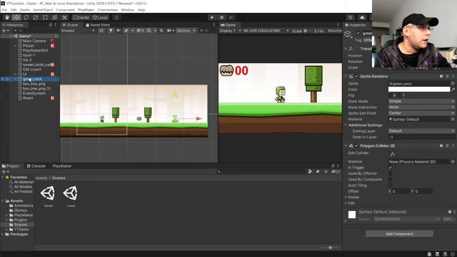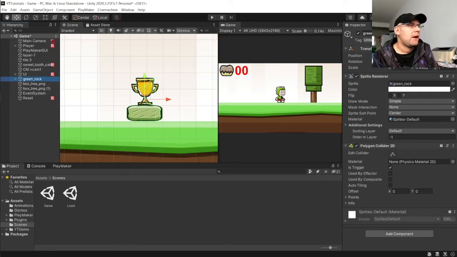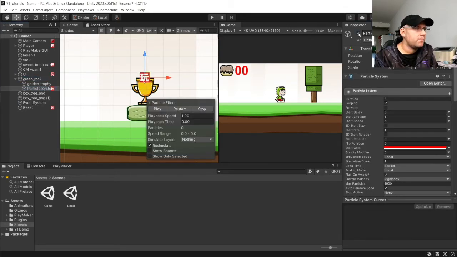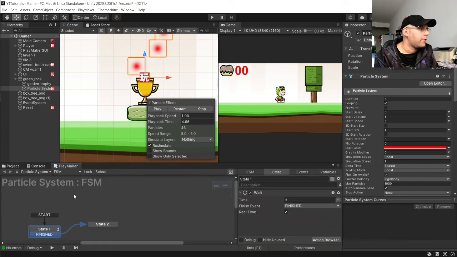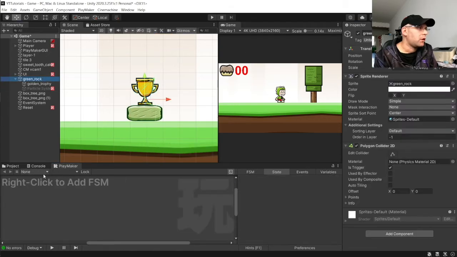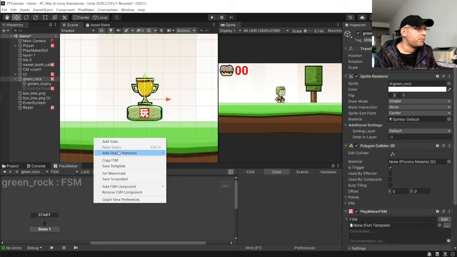So here, this is going to act as my checkpoint. I've got a little trophy on a rock, and I've also got a very basic particle system. Not the most beautiful thing in the world, but when we touch it, this is going to activate and then it will turn itself off after 3 seconds. Turn that off. So what we're going to do is add 3 states in a new FSM,